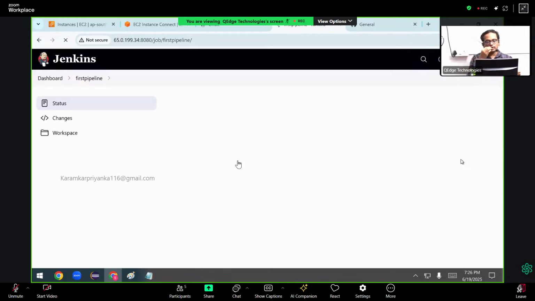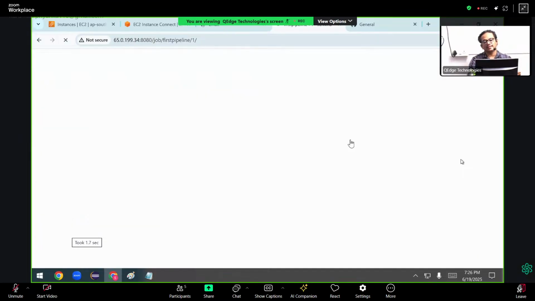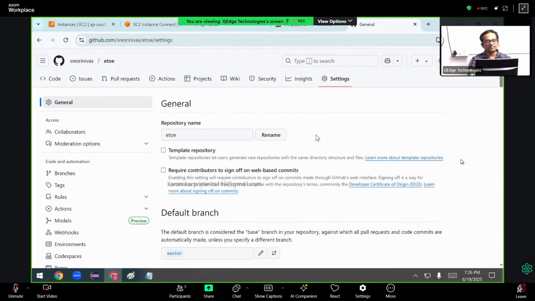If the job is successfully run, right, success, it means it will download the code. Our project is successfully going inside the Jenkins workspace, if I'm not wrong. So just leave it. When you push something, it automatically runs the pipeline. That's it. For example, if you go to the